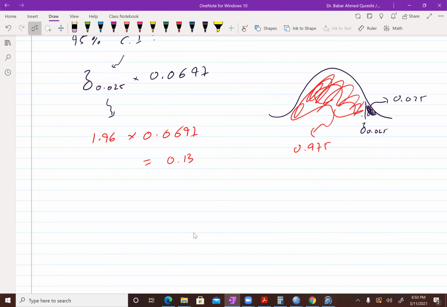So with 95% confidence, the margin of error is bigger than your point estimate. So you have a 95% certainty. With 95% certainty, you cannot say if they are more popular with women or men. So I hope this explains the concept of why it is necessary to put in these confidence intervals.